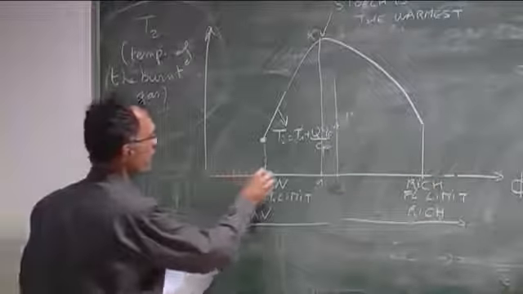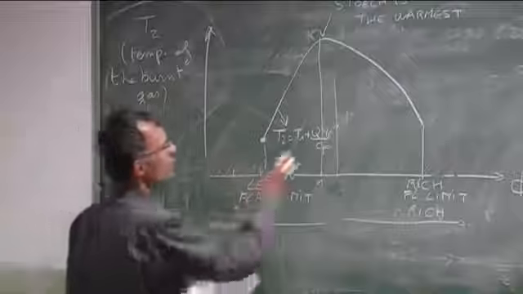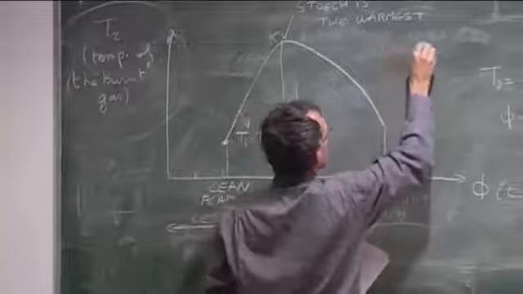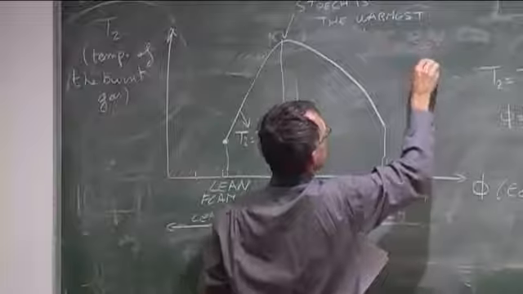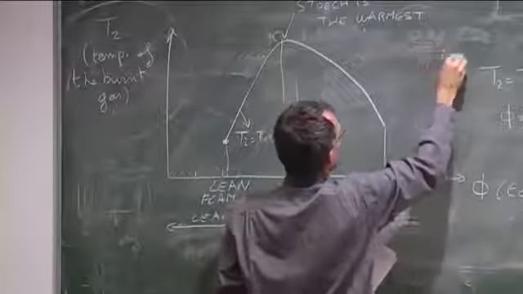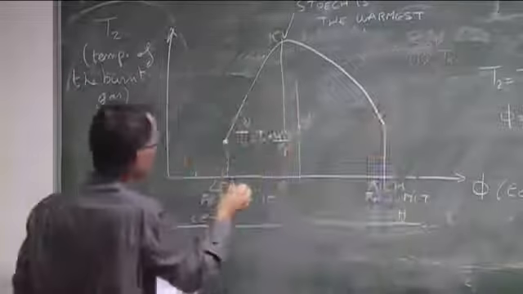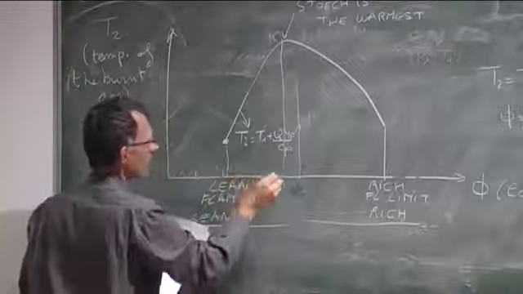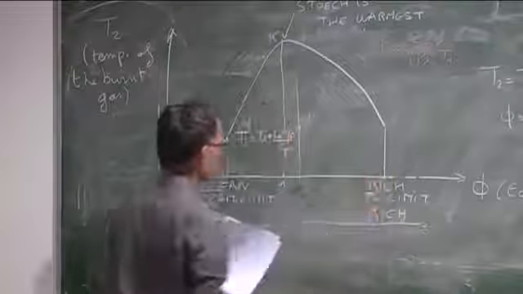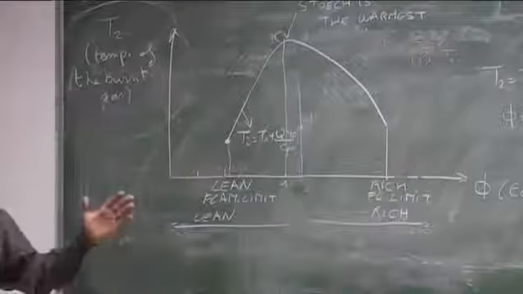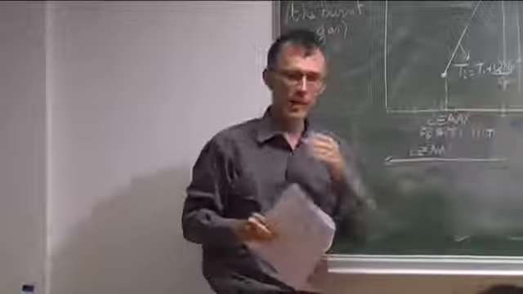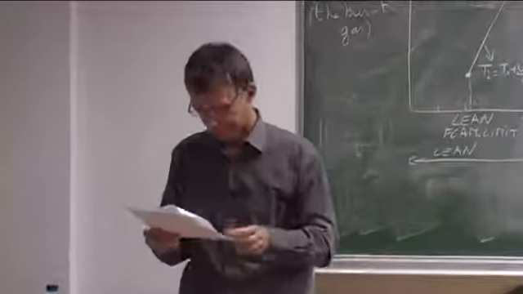These two limits here are typically, if this is for 1 bar, 300 K, so this is the pressure and the temperature of the fresh gases, you have a number here for most hydrocarbons, which is 0.6 here. And here it's of the order of 2. So it's not that wide, okay? You have to be careful. If you are on the other side, it's not going to burn.